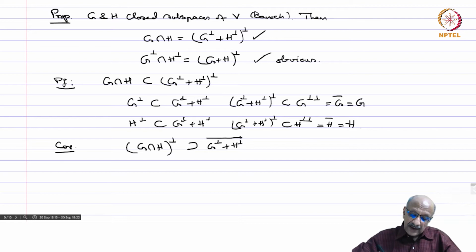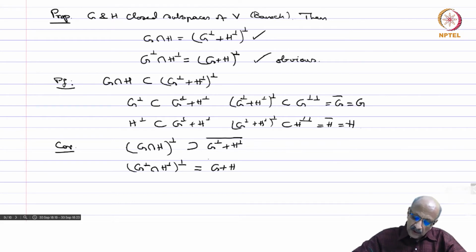And now if I take the second relation, so I get (G perp intersection H perp) perp, that's equal to (G plus H) double perp, but that is G plus H closure. So G plus H closure. So these two corollaries, this is just a corollary. Okay, so now